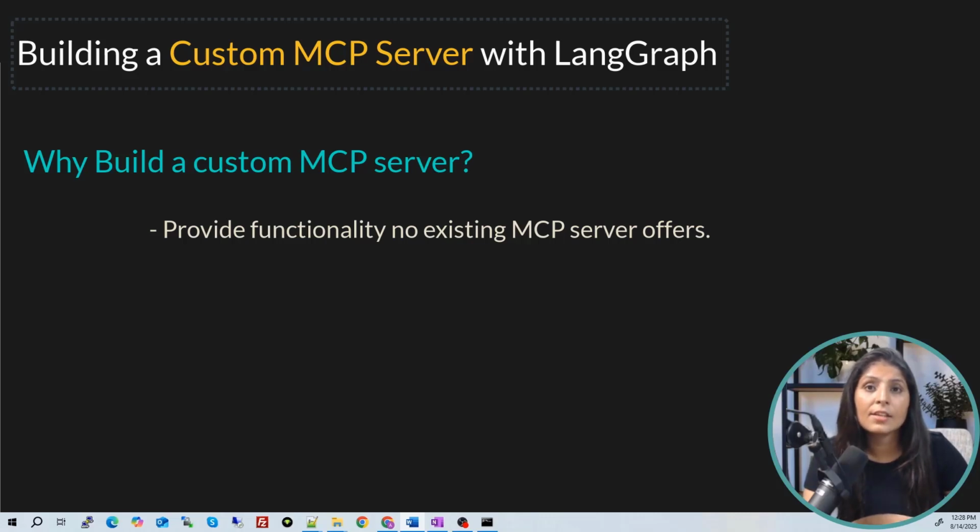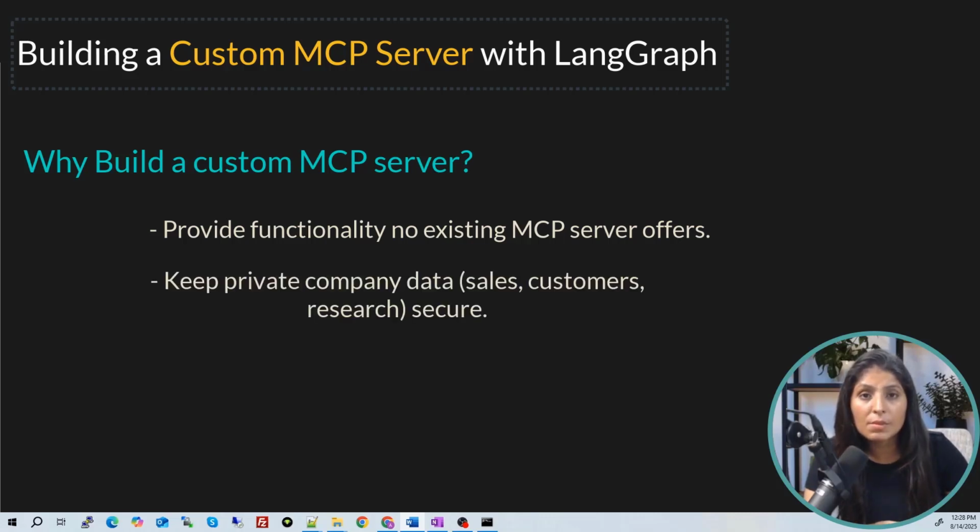So in this case, you can build your custom MCP server that runs in your own secure environment, right? And then this custom MCP server will know how to handle your private data, and only you or authorized people like your employees can connect to it. So this custom server will process requests based on your internal rules and without exposing your data publicly. So in these kinds of scenarios, you can build your own custom MCP server which fulfills your need.